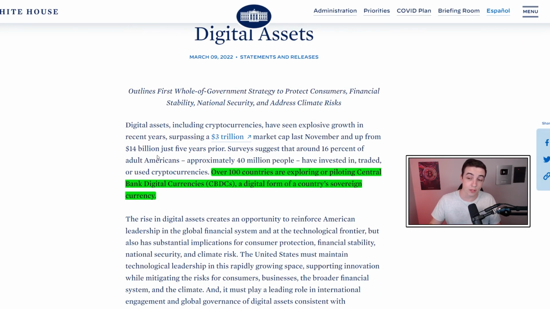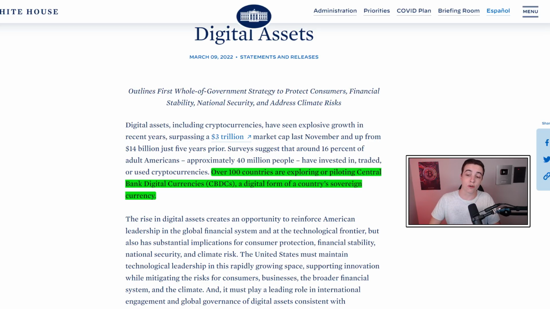For example, the crypto market recently surpassed $3 trillion in market cap, which was up from 14 billion just 5 years ago. And according to some surveys, around 16% of adult Americans, which is approximately 40 million people, have either invested in, traded, or used cryptocurrencies. But here is the important part of this paragraph. Over 100 countries are exploring or piloting central bank digital currencies, CBDCs for short, which are a digital form of